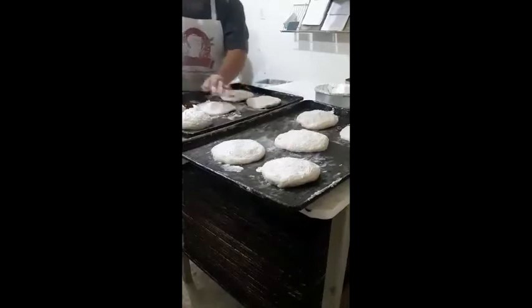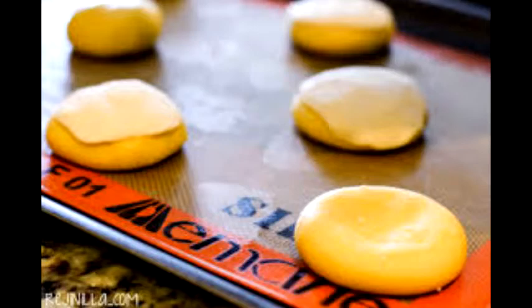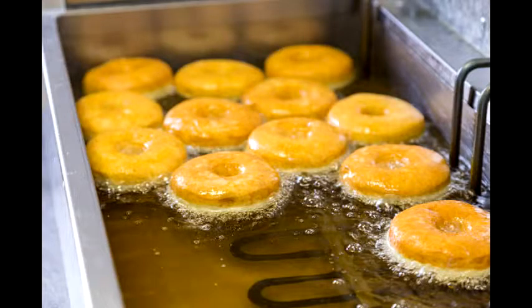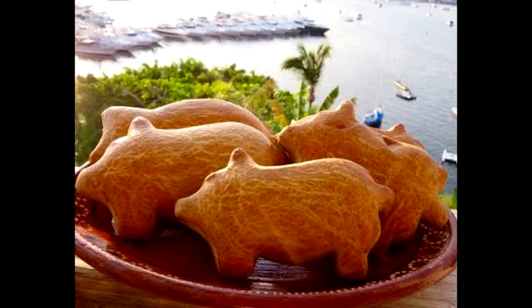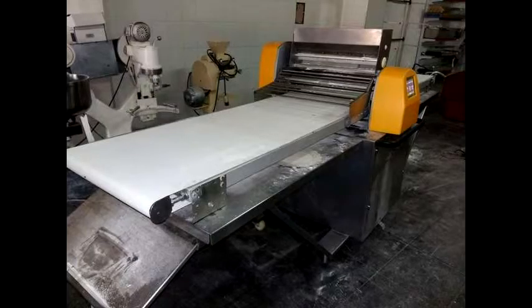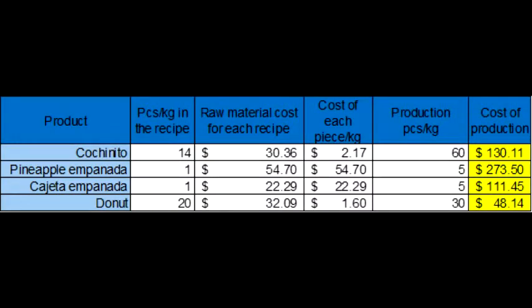After the dough is produced, an operator is responsible for shaping and depositing the donuts in a metal mold, which is passed to a heated room in order to settle the time required until they can pass them to the fryer. In the case of the cochinitos and the empanadas, after leaving the mixer, they are passed to a machine that is responsible for extending the dough. Later, in both cases, there are workers who are in charge of giving shape to the cochinitos and filling and forming the empanadas. Productivity. The following chart is responsible for summarizing some data,